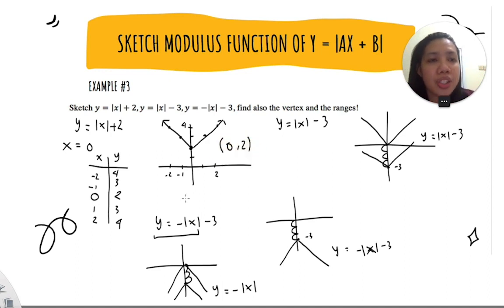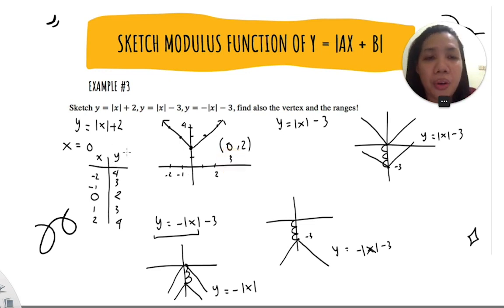Now I'm gonna show you how to find the vertex only by seeing the function. Without drawing or sketching the function, you can actually find its vertex. As I have explained before, the x coordinate of the vertex comes from the expression inside the absolute sign. In here you have x, or x minus 0. So the x coordinate of the vertex of this function is 0.